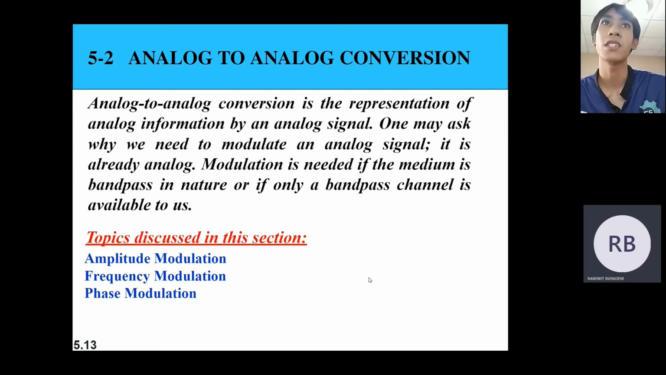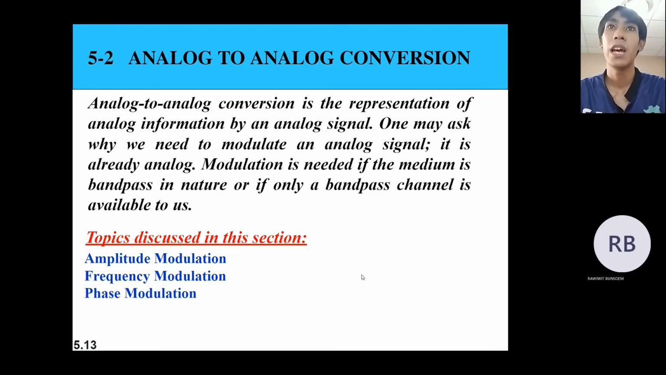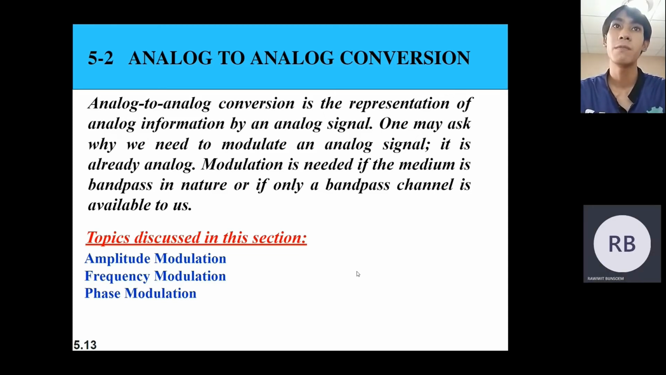Analog to analog conversion. Analog to analog conversion is the representation of analog information by an analog signal. One may ask why we need to modulate an analog signal. It is already analog. Modulation is needed if the medium is bandpass in nature, or if only a bandpass channel is available to us. The next